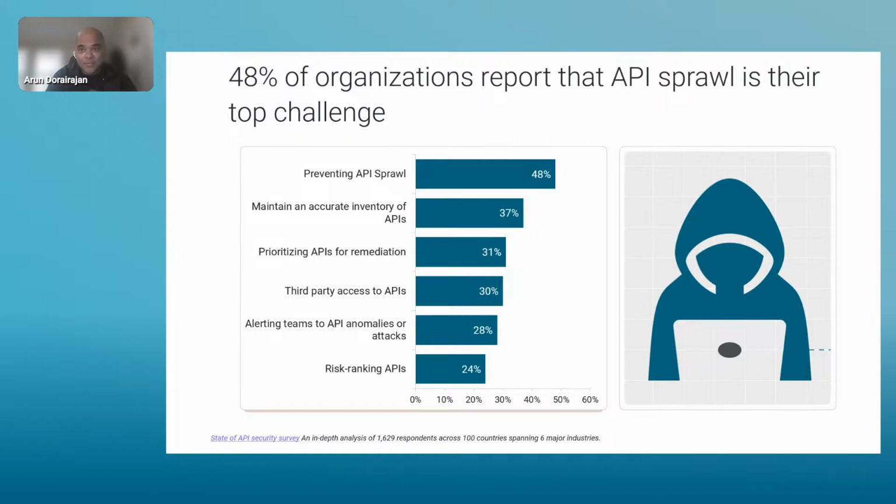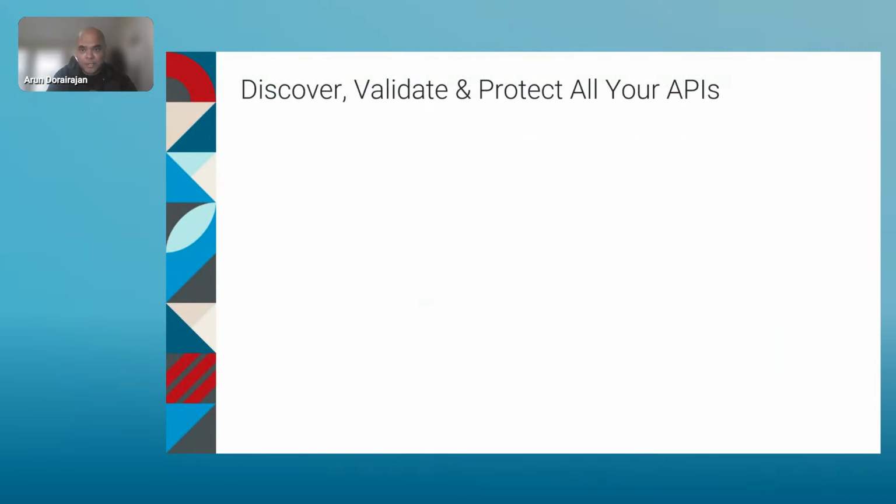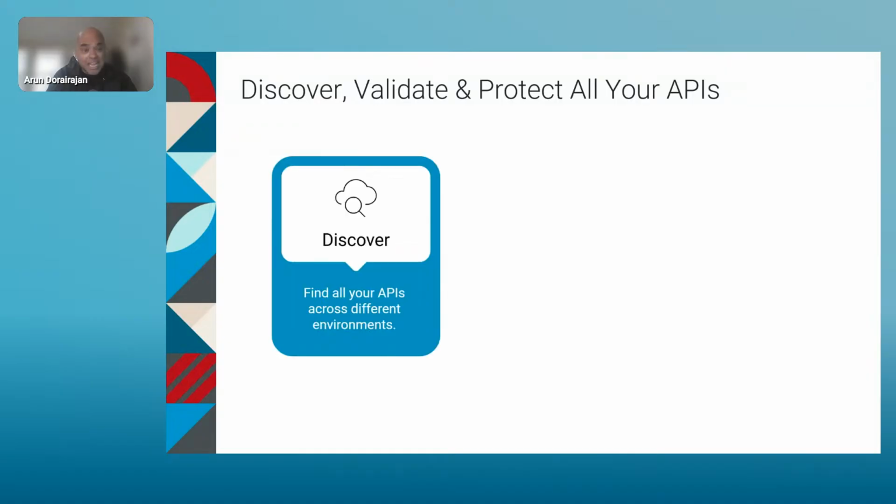And this is why discovery is foundational, because if you don't know what's running, who's using it, and what it's exposing, you're not protecting anything. So this is where Axway shines. Let's talk about how this actually works, not in theory, but in execution. With Axway's Amplify solution, you don't just bolt on security, you bake it into your entire API lifecycle across on-prem, multi-cloud, hybrid environments, and even APIs managed by other teams or platforms. And here's how we do it, and we support it through three different pillars.